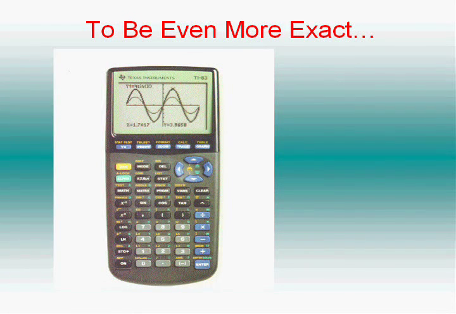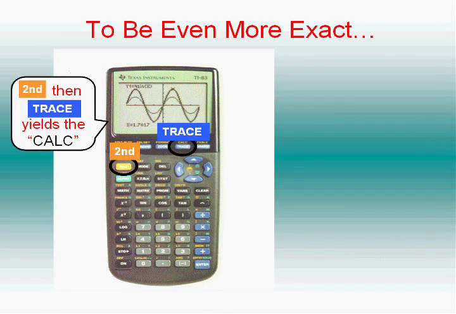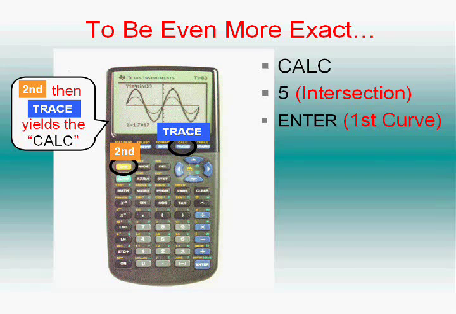Or you can let the calculator assist you in being even more exact, and that is using the calc key. Remember that second trace yields calc. So if you have these functions already inserted into your calculator and you hit second trace, choose number 5, intersection, and then it'll ask you what's the first curve, and either move on to that first curve, but it'll probably jump onto one, and hit enter, and then move on to the other curve or the other equation and hit enter, and then